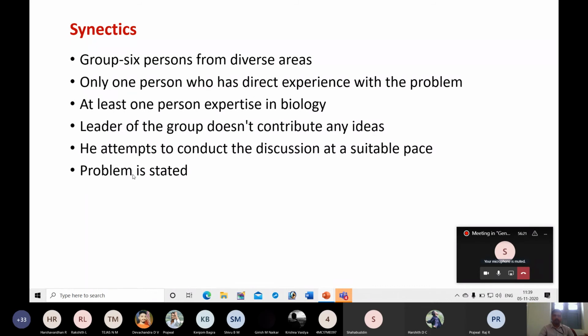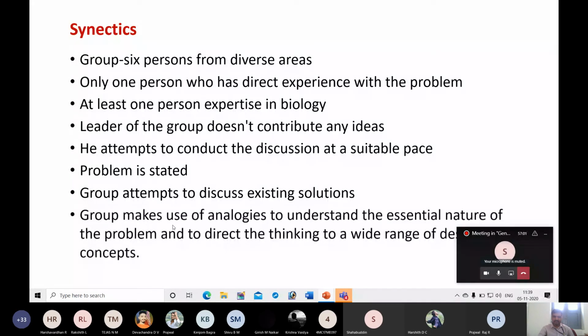Then after that, the problem will be stated. Before allowing team members to come up with solutions, the team will first discuss the existing solutions. The reason is to avoid repetition of the existing solutions. That means these are already available solutions. That's why the team is going to concentrate on solutions which do not already exist. First they will list out the existing solutions and then try to come up with new solutions to the problem. That's why the group attempts to discuss existing solutions first.